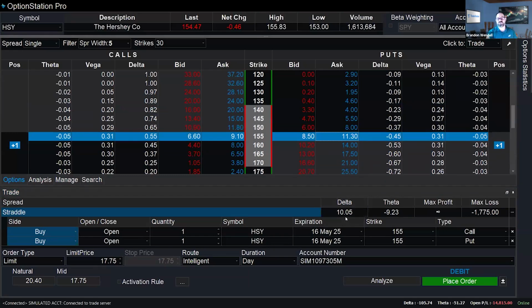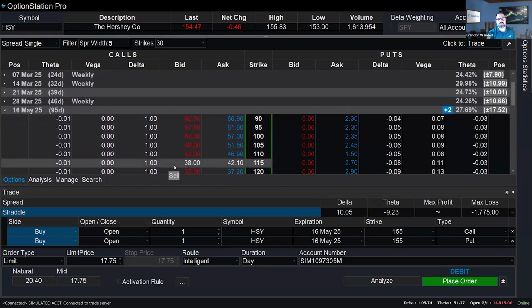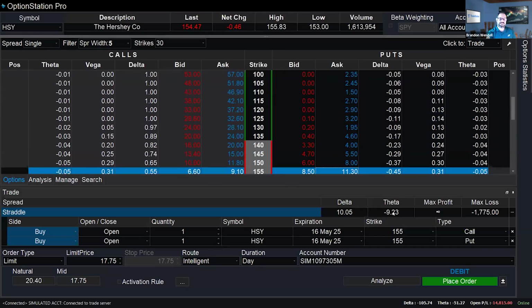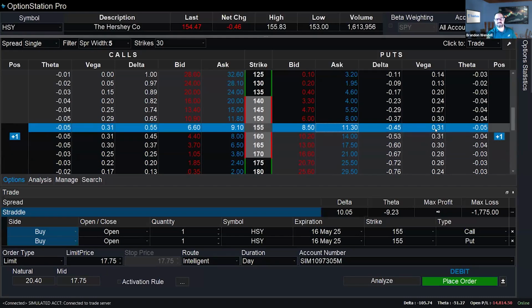And my delta is almost neutral. If I can get it anywhere between -10 and +10, what I've done there is I've neutralized my delta because it doesn't matter which direction prices move. Because I selected options that don't expire for quite some time, in this case, 95 days, I can go further. I'm neutralizing a lot of the theta as well. So my theta decay is very, very limited versus doing a short-term option. And of course, my volatility exposure, we have 31 plus 31.